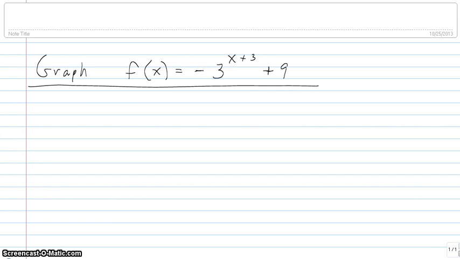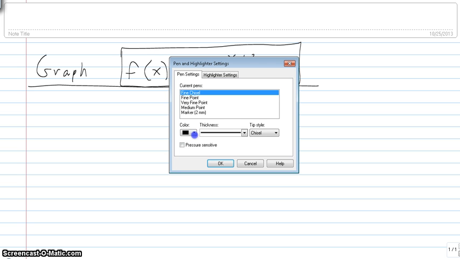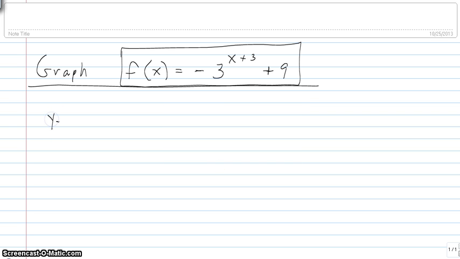Right, so the question that we're answering in this video is how do we graph the function f of x equals -3 raised to the x plus 3, plus 9. The first thing I usually consider when I go to draw the graph of a function is whether we can get an idea of what it looks like based on our knowledge of transformations. So what I mean by that is this function f of x is a variation on the parent function